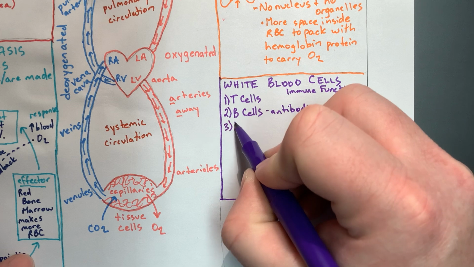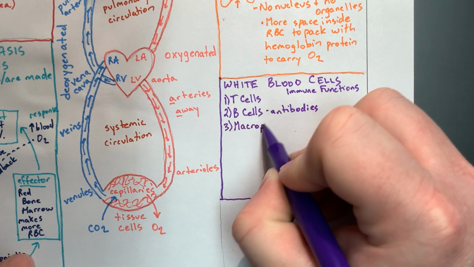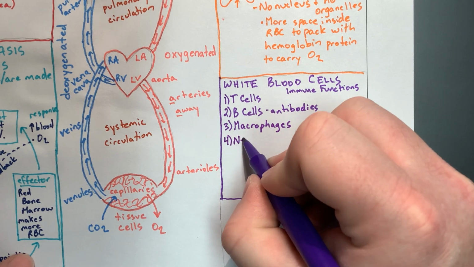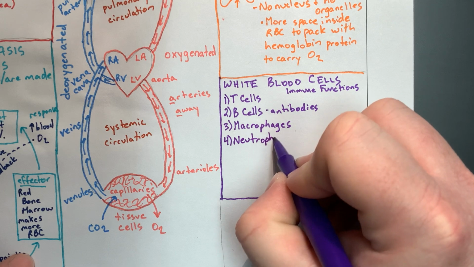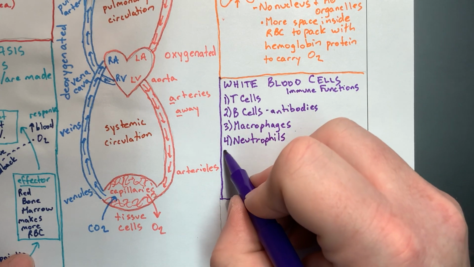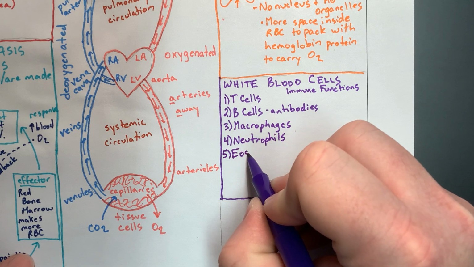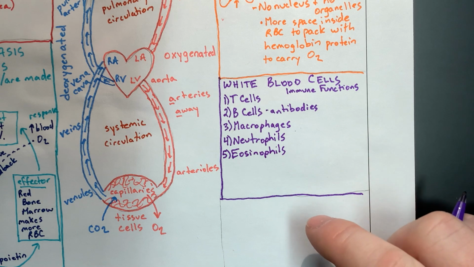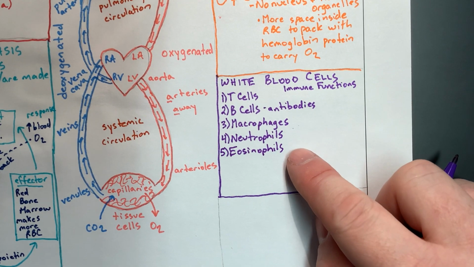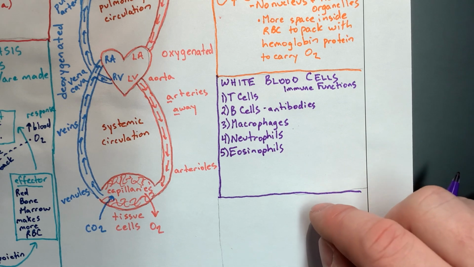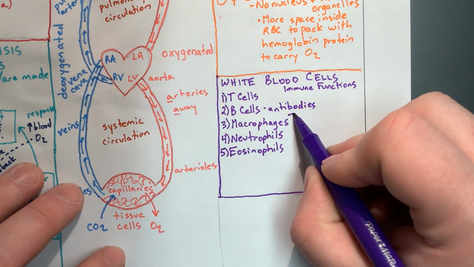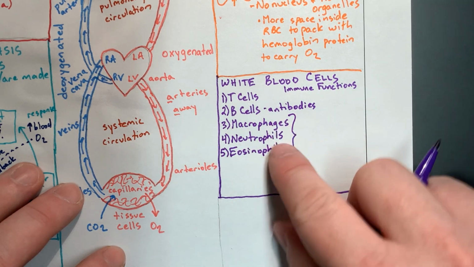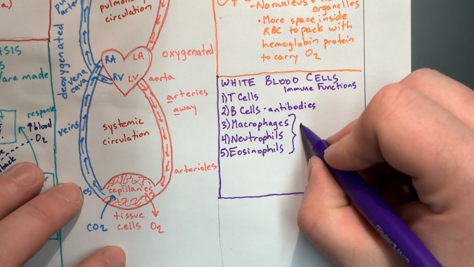All right, next we've got cells called macrophages and neutrophils and eosinophils. I like to find information in these anatomy words that can help us understand what they do. The only one in here with some information is macrophage, and that means a big eater. And so all of these cells have similar jobs. What they do is they eat